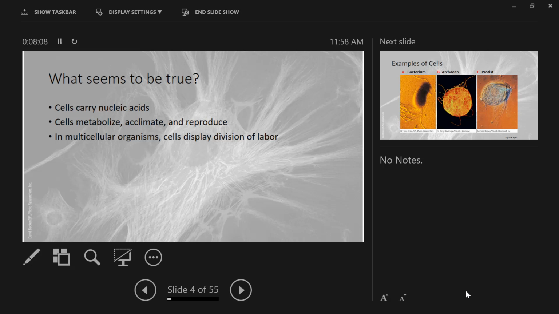And we'll talk in a few weeks about how that actually happens. How do you get two cells that are genetically identical, one to be a liver cell and one to be an epithelial cell? How does that work? Or even more complicated, how can you get one to be a liver cell and one to be a neuron? Okay, how does that work? So, any questions about this, of what seems to be true of all cells, regardless of where they come from? Okay.